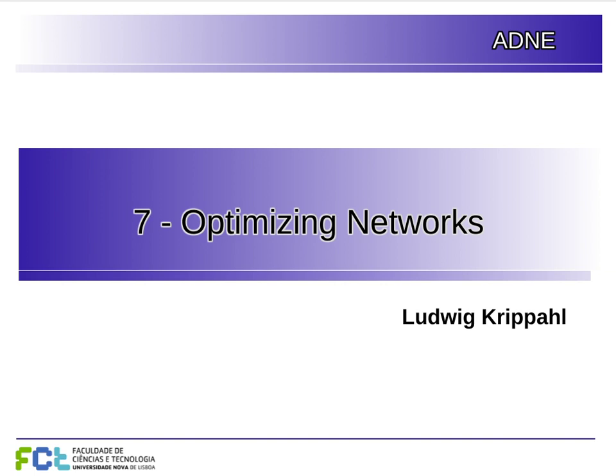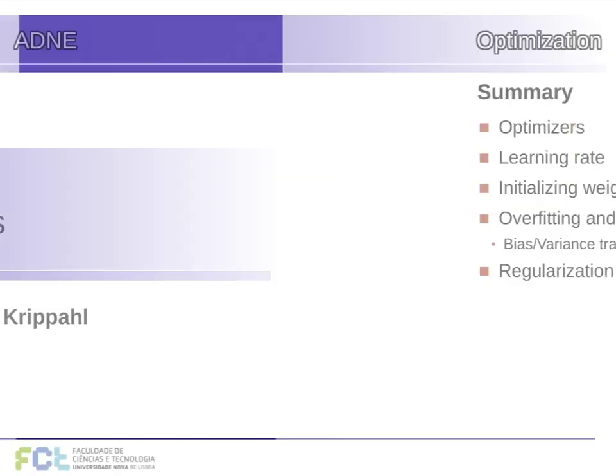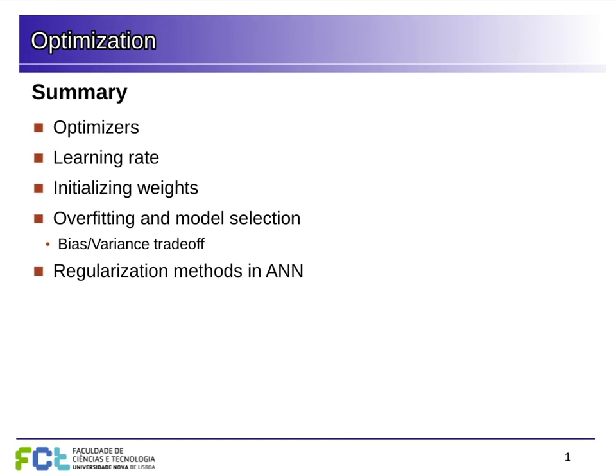Hi. Today we're going to wrap up a few loose ends that you probably have been finding when you experiment with your networks, which is basically a set of problems to optimize our network. And here, by optimization, I'm using the term in a loose sense that will include not only the optimizers themselves, so the algorithms that we use to minimize the loss function and optimize our parameters, but also hyperparameters that we